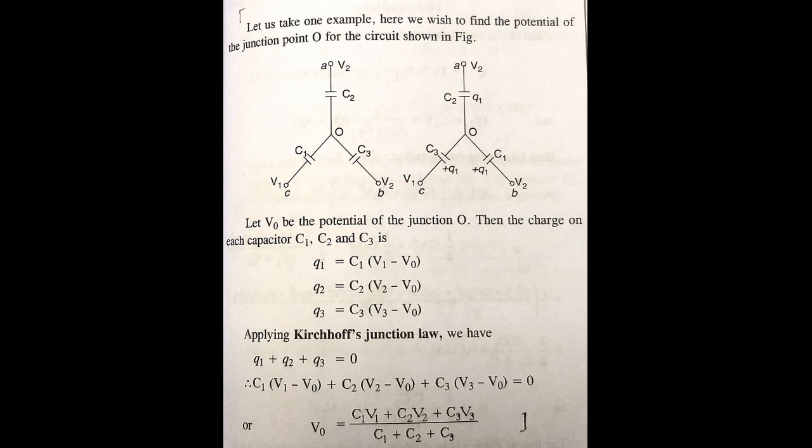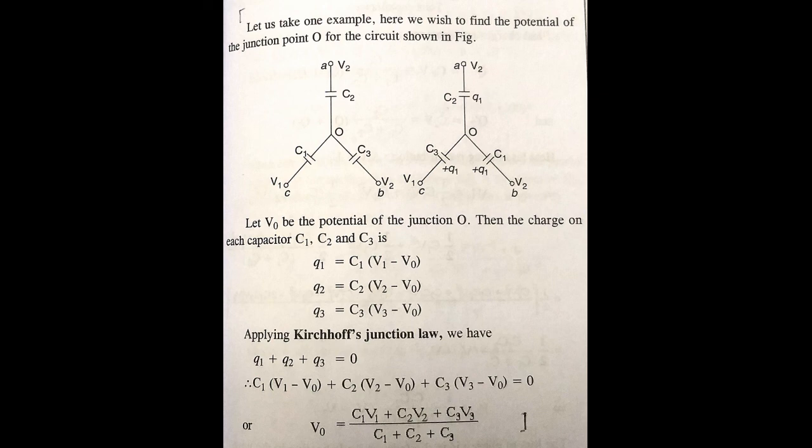So here we have to just understand one thing, that each of these capacitors does have a particular amount of charge, and only then can this be formed, as we can see. And if V0 is the potential, then the charges on each capacitor C1, C2, and C3 are as follows: Q1 is C1 into (V1 minus V0). You see here is the difference, and then it is C2 into (V2 minus V0), and the last one is